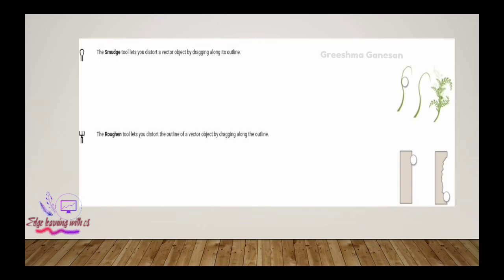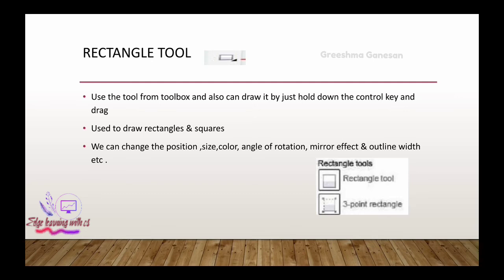If you drag on the outline part, you can see the first symbol is a rectangle symbol, and it is making a carving-like symbol. Next is the rectangle tool. The symbol is shown here. So go to the toolbox and click on this option. Use the tool from the toolbox and you can also draw by holding down the control key and dragging. Simply click on the option and drag it.